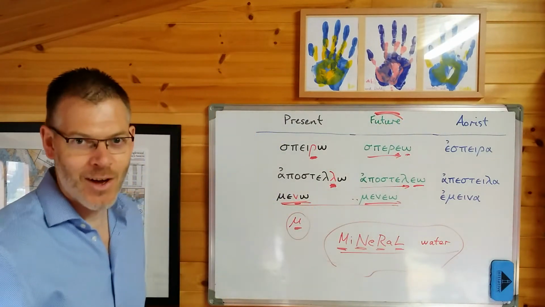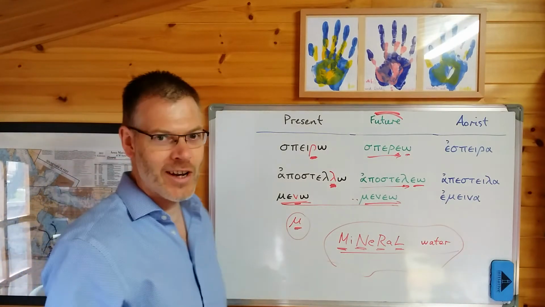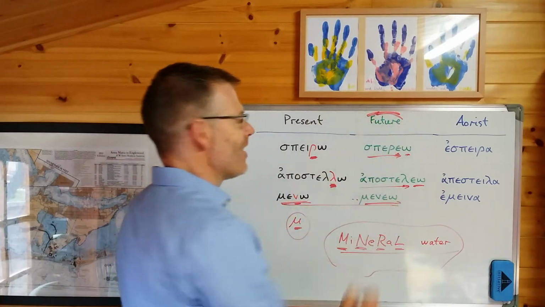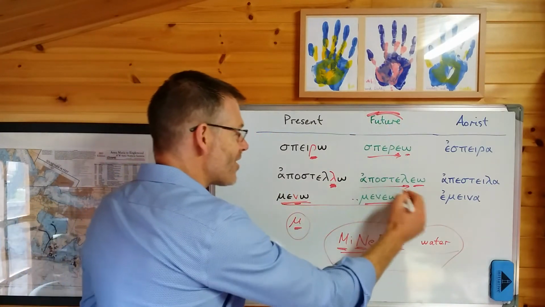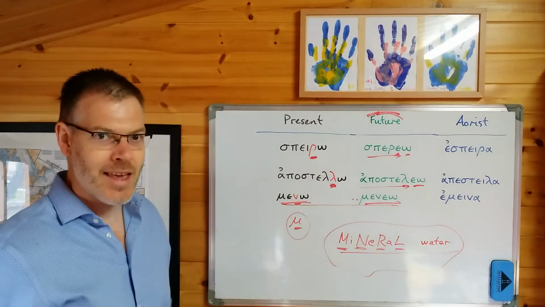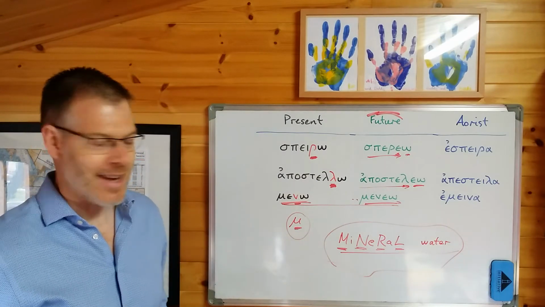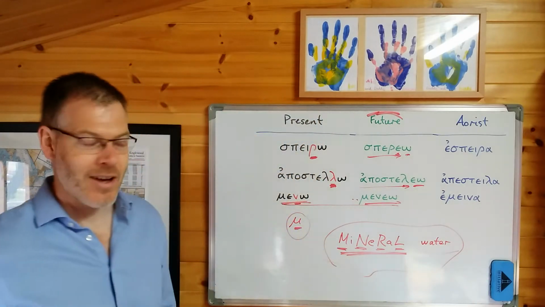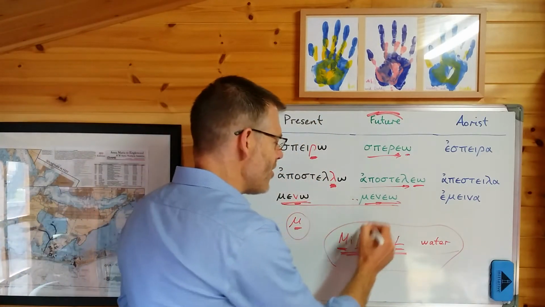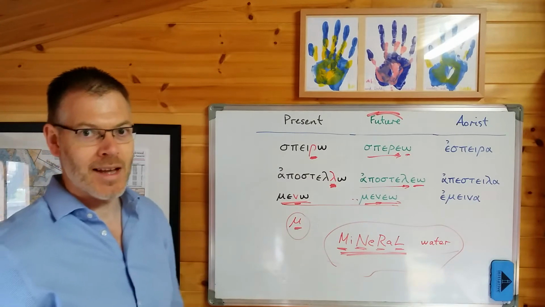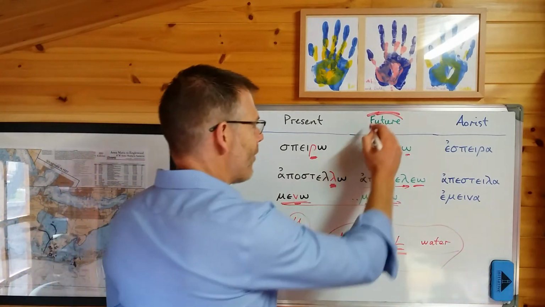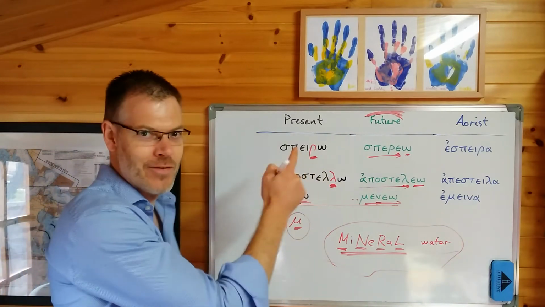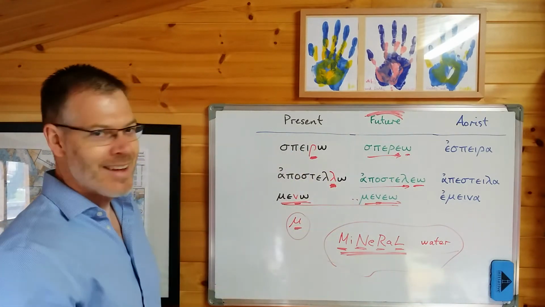There's a big fat oversized circumflex hovering over the future, and you're never going to forget that now because it's so big and ugly. So if you've got a verb with a circumflex accent over one of the vowels in the ending, then just take a look. Make sure if it's a liquid verb, if the stem ends in a nu or a mu or a rho or a lambda, then be very careful. It could be a future, because you remember Steve Jeffrey once drew a big fat circumflex over the future on this video. There, straightforward, right? Now that's the future tense.